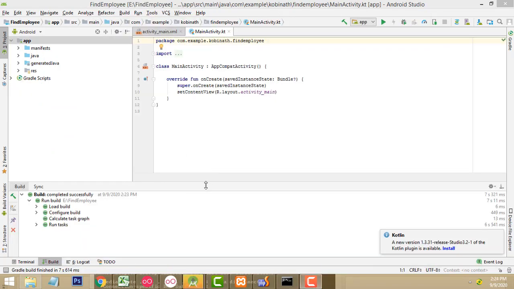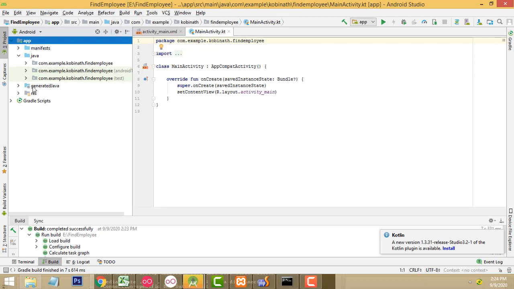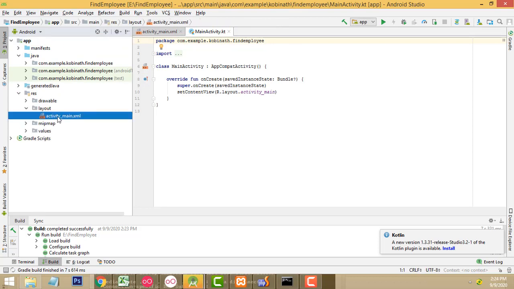My project is built successfully over here. Now what am I going to see? My project app is successfully created. Inside here I have a res folder. Inside this folder I have created the main layout.